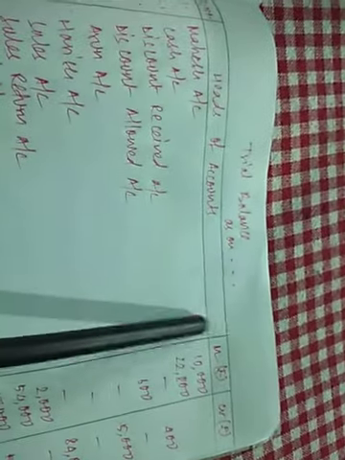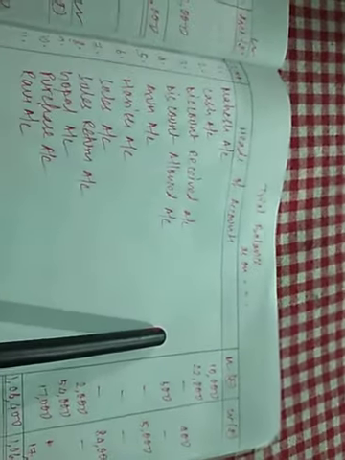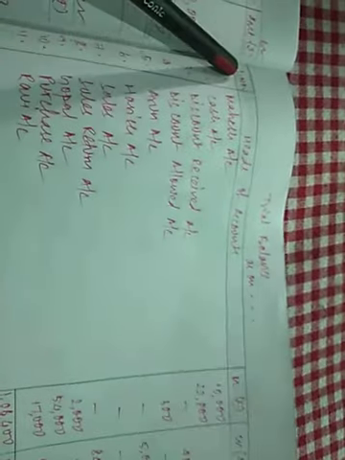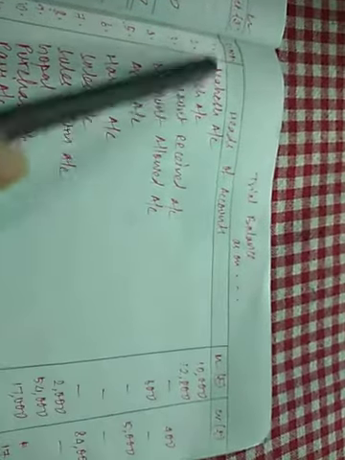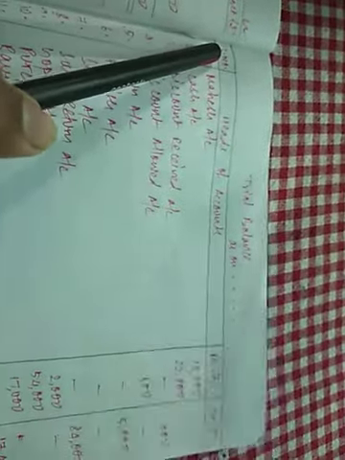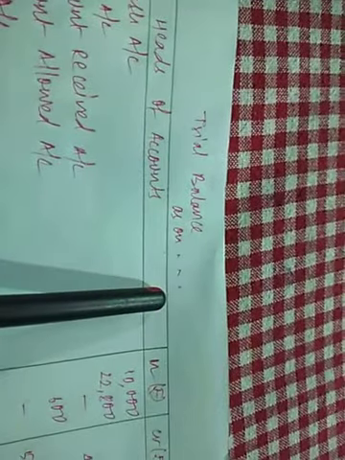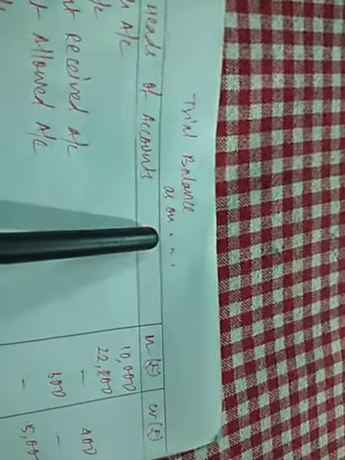Now this is the format of a trial balance. The format of trial balance is just like a journal, except the difference, there is no LF column here. In journal we have a column for LF, but in trial balance we don't have any LF column. The first column is named as serial number, next one is named as heads of accounts, then we have debit amount, credit amount. We don't have particulars here, we have heads of accounts, and we don't have date, we have serial number here. At the top you will write trial balance as on whatever is the date. For this question the trial balance date is on 30th of June.